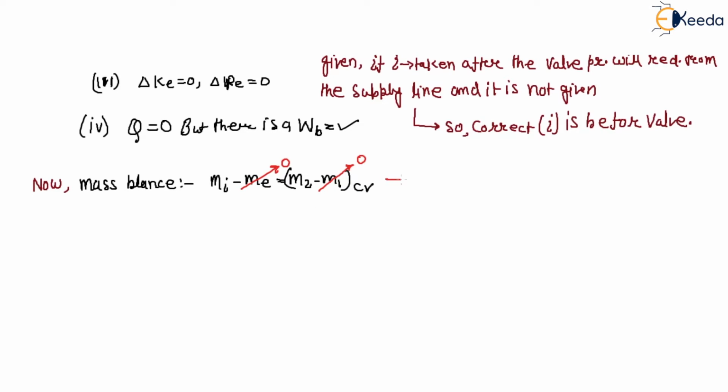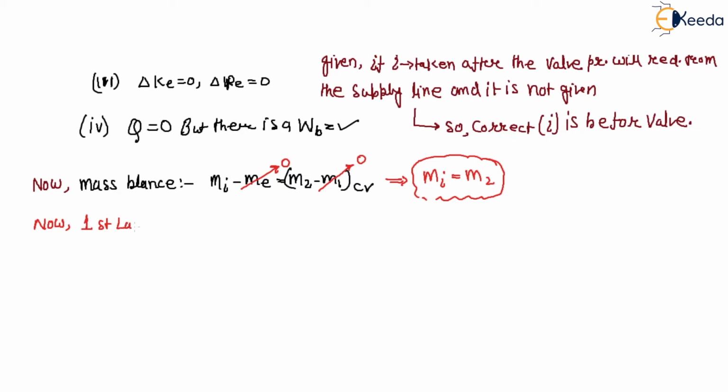So what is that? Mi is equal to M2. What is the mass in? The final mass is equal. Now,